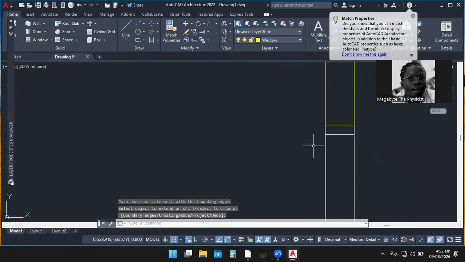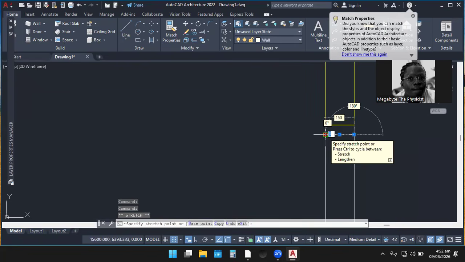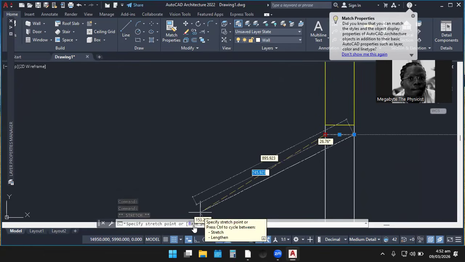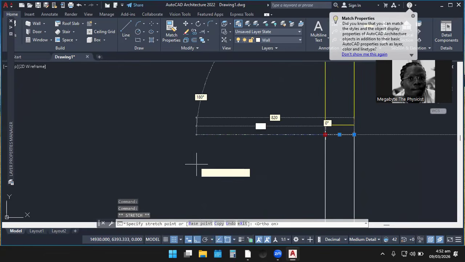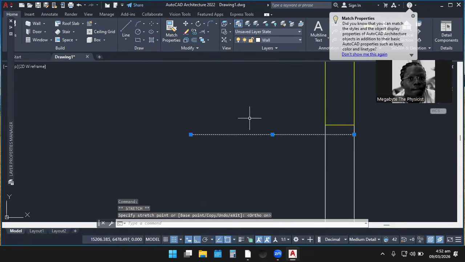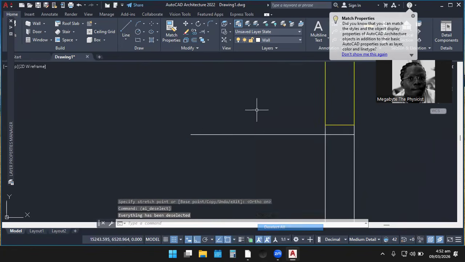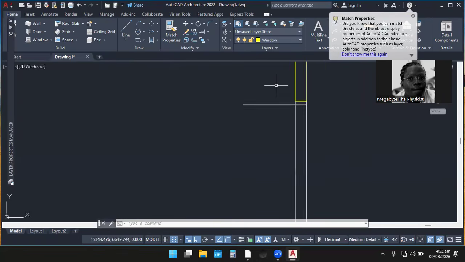Or as a matter of fact, if I click here, you see that I can just click the last part and then continue to drag it. But I realize that auto is not on. I can activate the auto so that the line can be more accurate. If I increase it a bit, I can right click to deselect, or now nothing has been deselected. Then I can now highlight my extend to extend the line.